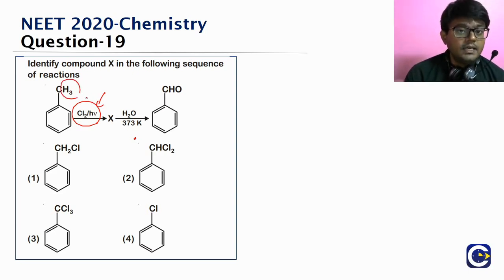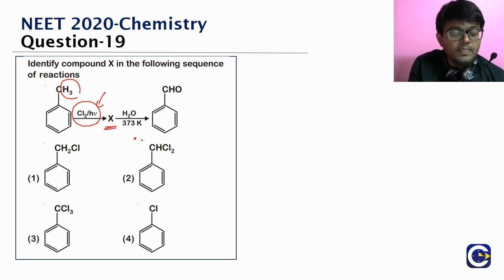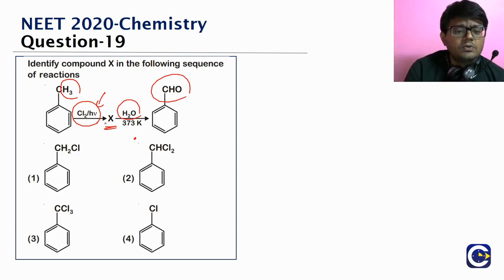Now the thing is, either one hydrogen can be replaced, 2 hydrogens can be replaced, or all 3 hydrogens can be replaced. It depends upon the concentration of chlorine and also the duration of the chlorination. So we'll get X as the product, because that's the reason why the free radical substitution of alkanes, right? They will be not product specific. We could be getting various products. But X on hydrolysis reaction with water is giving us what? An aldehyde.